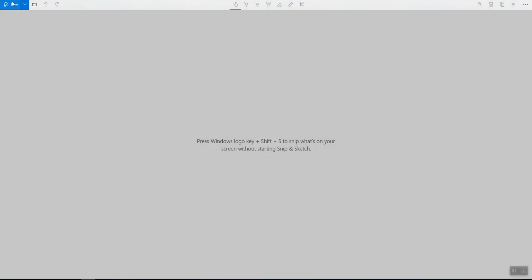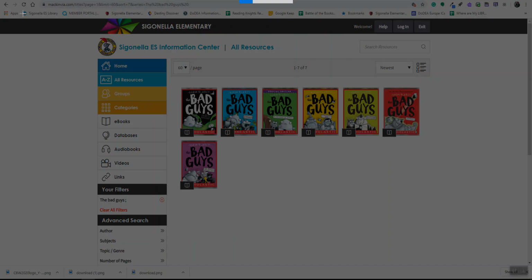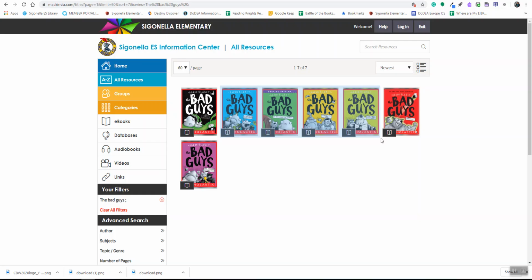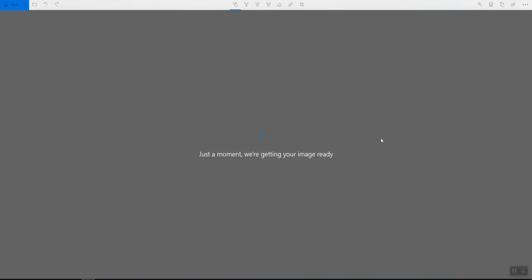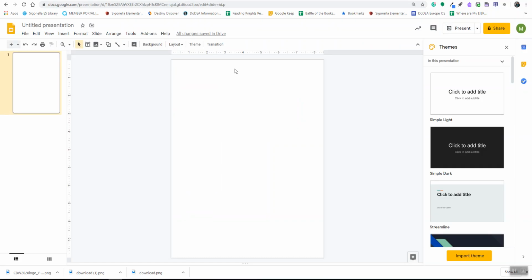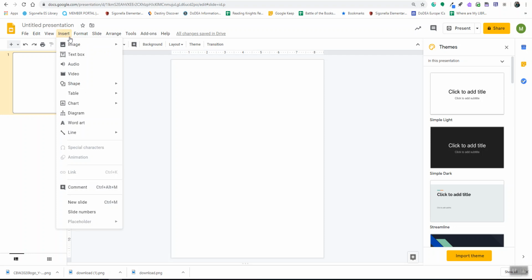You can use anything you want. I like using this one. It's called Snip and Sketch, and I think it's standard on all the district computers. But then I just highlighted a couple books from the series, and then I saved it to my desktop, which is kind of a mess, but so then I saved the image to my desktop, and then I went back to my presentation and said insert,